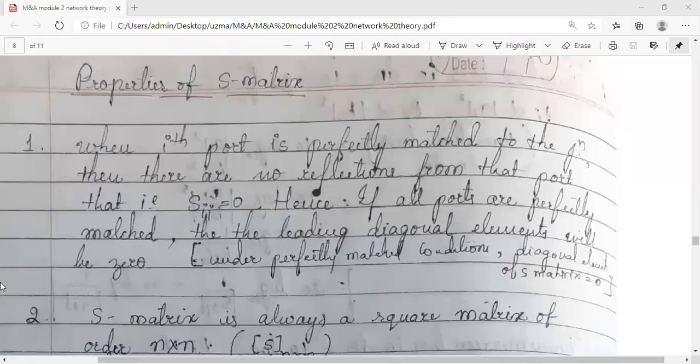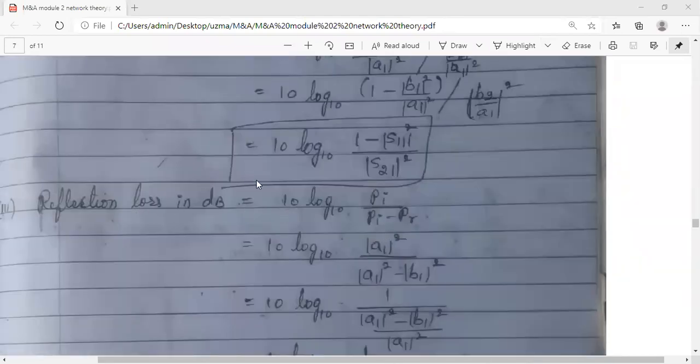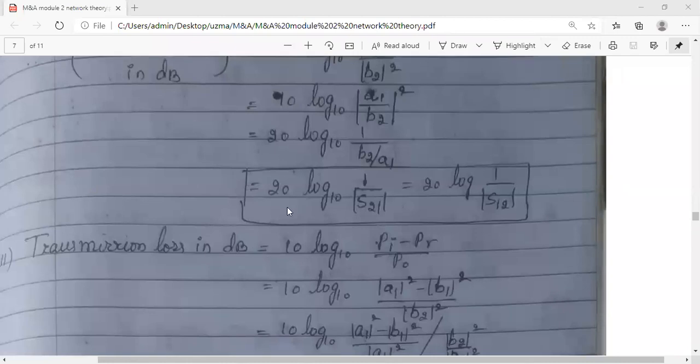In today's session, we are going to look at a very important topic in S matrix, the network theory properties of S matrix. I hope it is visible to you all. Let me recall what we completed in the previous class, because there is a long gap. The last session was last week.